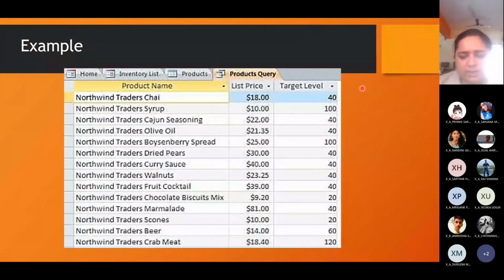So once you keep on consuming those, there's a point where very little amount is left in the container, right? That is an indication that you need to order more. That is known as target level, right? Usually in companies or in shops, they have an inventory with a complete record of the various items which are available, their prices and their target level.